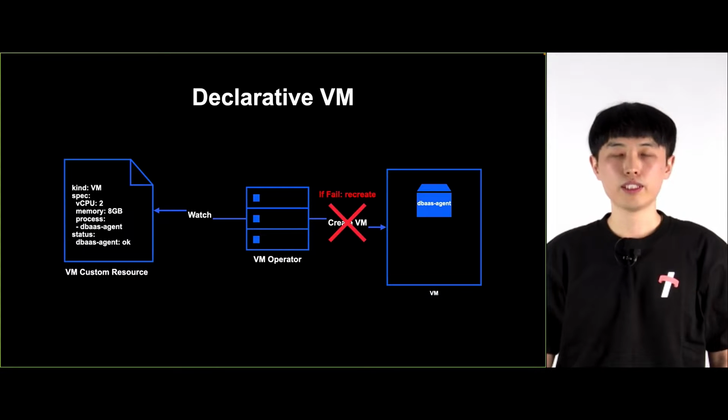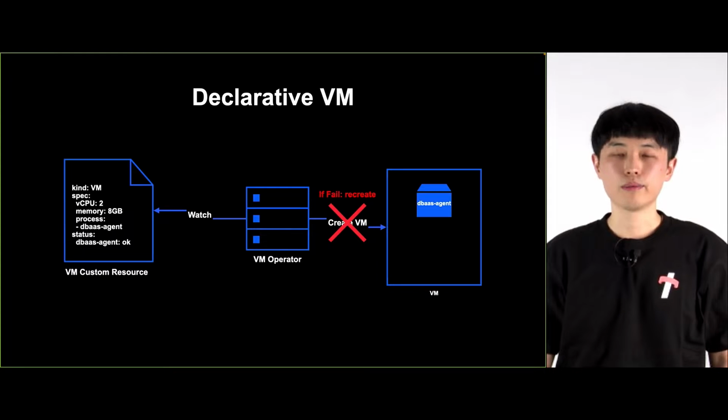But if there is a temporary failure in creating the VM and it could not be created, the user declared the final spec of the VM, and the VM operator will continue to achieve this, and automatically the VM recreation will be repeated with the backoff. So we send commands for recreating the VM, and if there's a failure, another command could go, but this is a declarative system, so the user just declares the final specification and it is guaranteed that sometime a VM